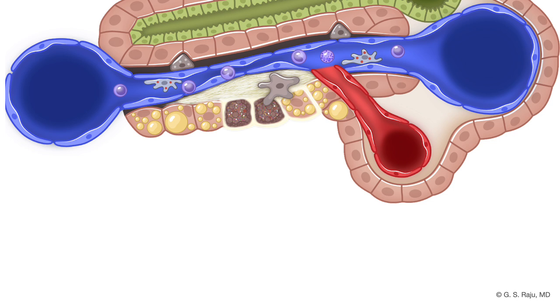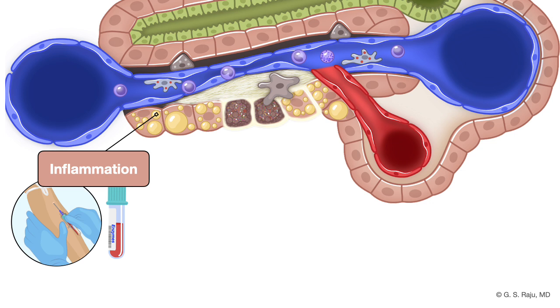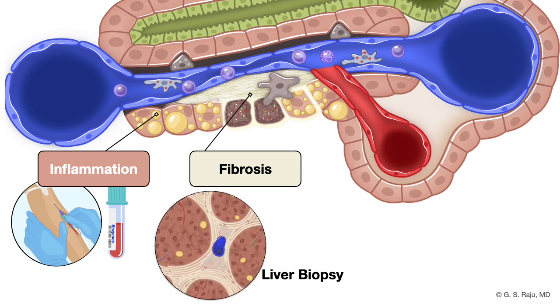So, let us go through and review this concept. When you see a patient with chronic liver disease, you assess inflammation by looking at their liver enzymes. Do they have hepatocellular injury, by looking at the AST and ALT, and biliary injury by looking at the alkaline phosphatase. And if the injury has caused significant damage, that results in elevation of bilirubin. As the injury continues for a longer period of time, typically 6 months or longer, you may see that the stellate cells and myofibroblasts start forming fibrosis. And typically, we have assessed fibrosis in the past by doing a liver biopsy and looking at the classical features of cirrhosis,